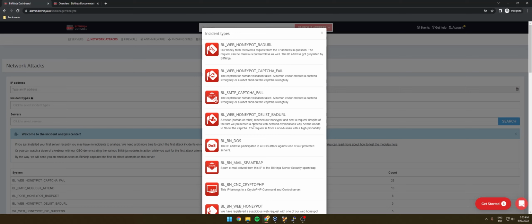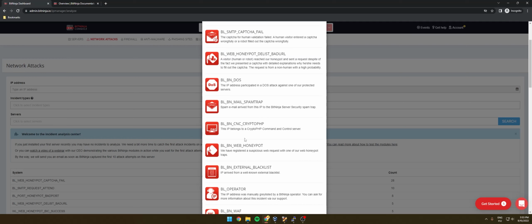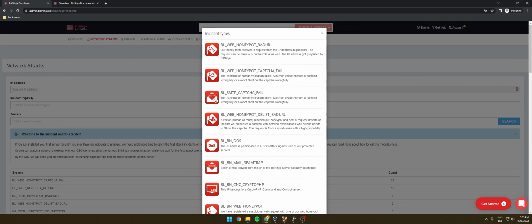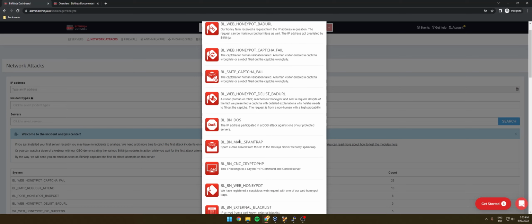So this will be most likely the most common incident you are seeing on your account, besides the port honeypot catches, which we'll cover later. But this is pretty common to see on your machines, so prepare to see this icon a lot. DOS detection, I think it speaks for itself. If you have a DOS attack or a DOS incident, it will look like this,